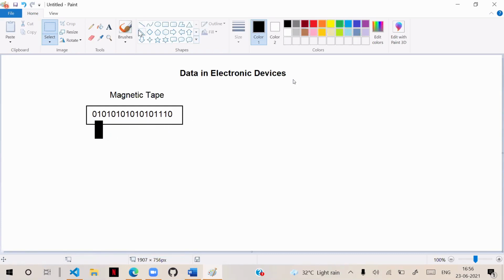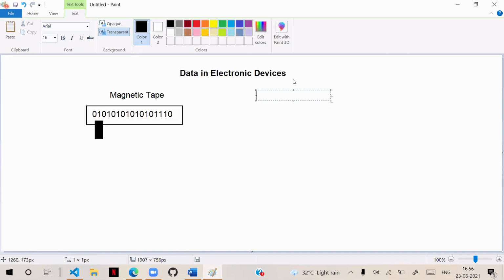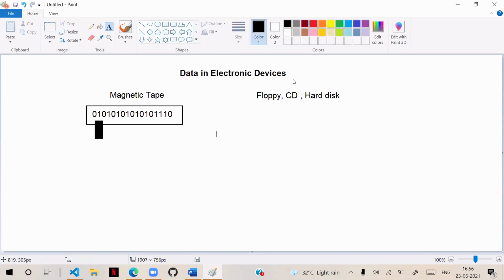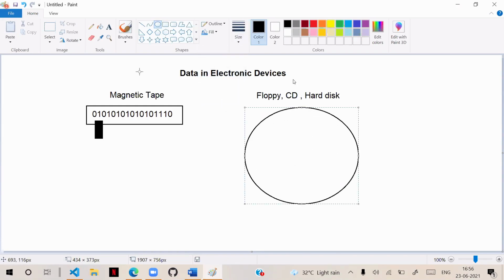But the problem started when we started using disk-like devices such as floppy, CD, and hard disk. In these devices, the majority of you know that the CD, floppy, or hard disk will be in this way. Inside that, data will actually be stored in tracks and sectors. That means